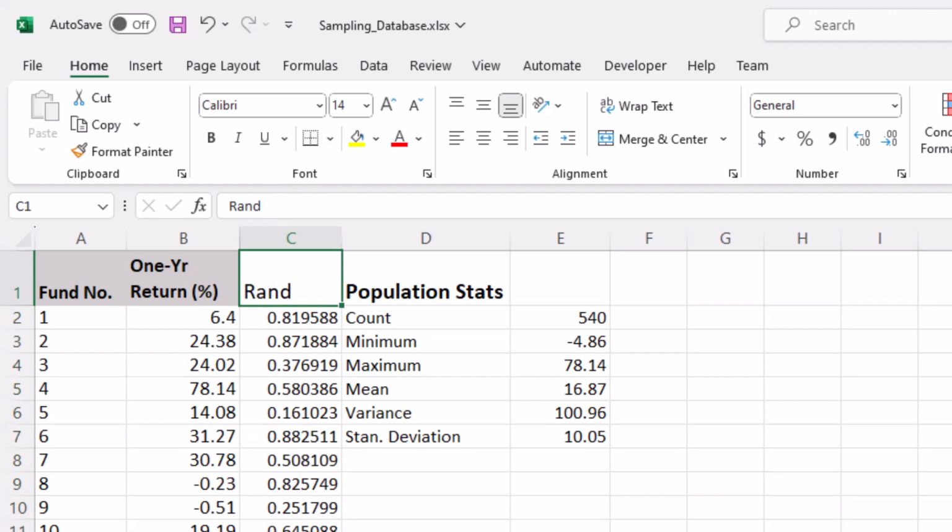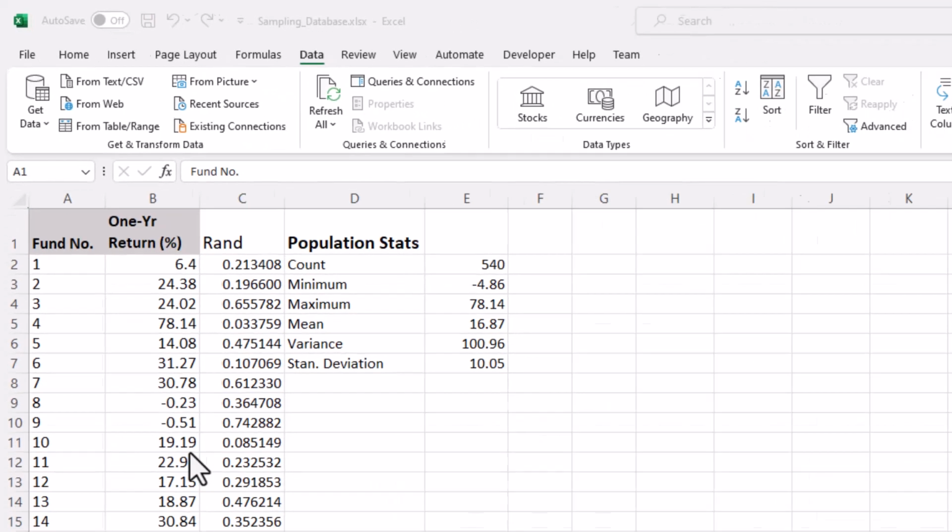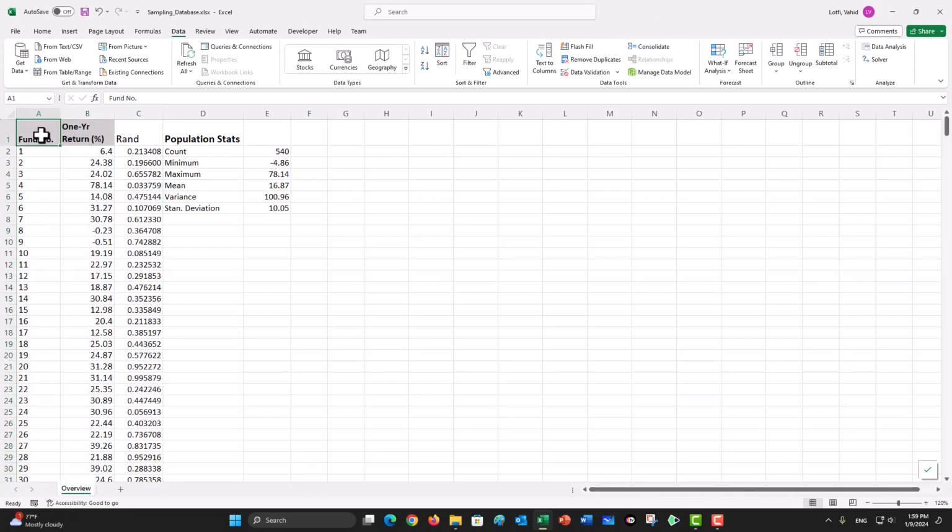Now, in order to generate a random sample, what we will do is we will sort the random numbers from largest to smallest, and then select the top 5 or 10 or 30, whatever size random sample you wish to generate. So I will go ahead and highlight my data first, right there,